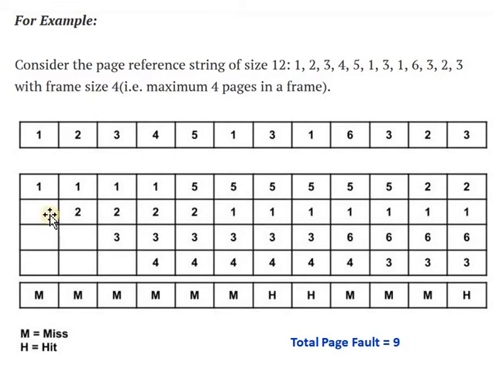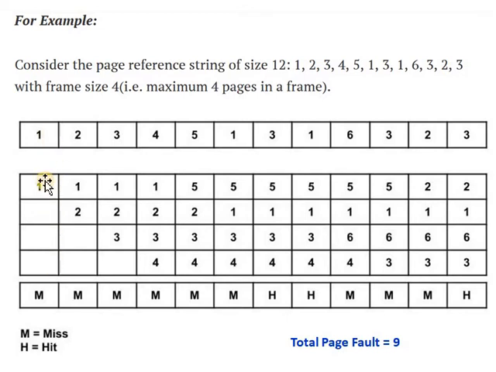So when 1 comes, it is allocated to a free slot. Then second is 2, it is allocated to the next free slot. Again next is 3, it is allocated to a free slot. Next 4, it is allocated to a free slot. Here a cache miss occurs because these page contents are not present in main memory. Okay, this is clear. Initially all slots are empty. Our maximum frame size is 4, so initially 4 pages in a frame are empty.